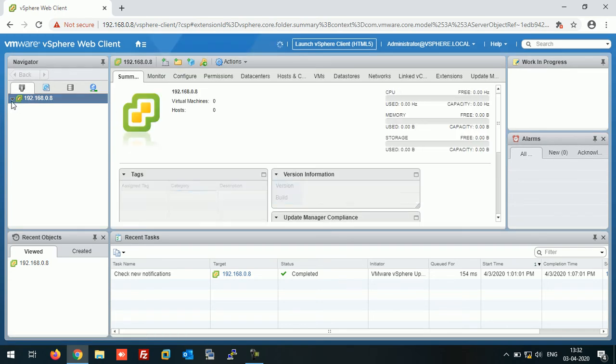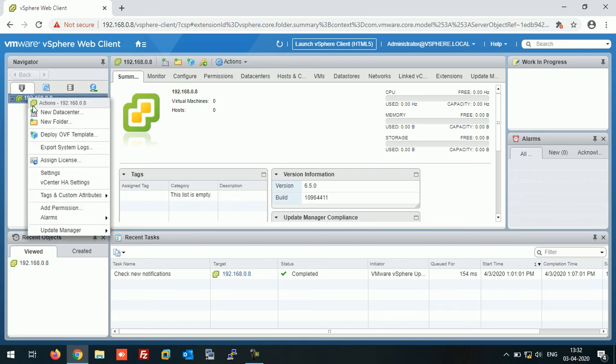Alright, as you can see, it's a fresh vCenter server. There is no ESXi host on this system. So first of all, before adding ESXi host, we need to create one data center. So let's do it. Right click, then select new data center,